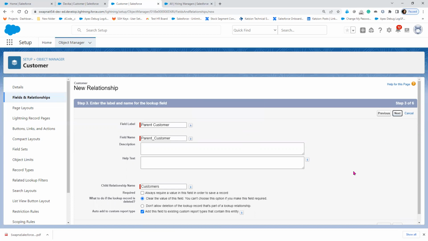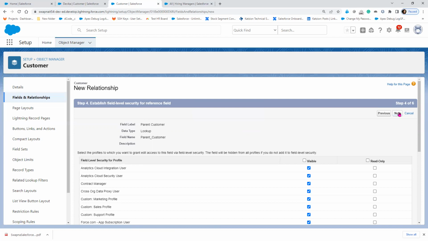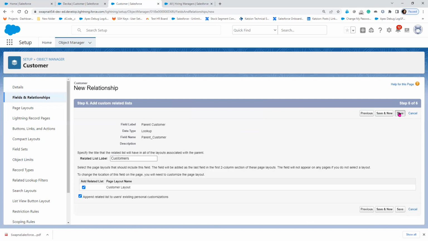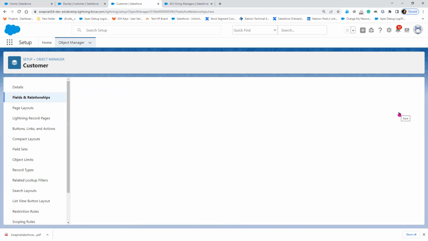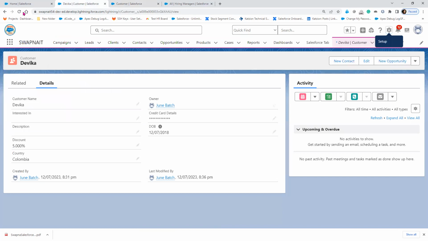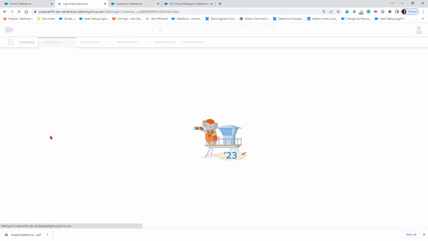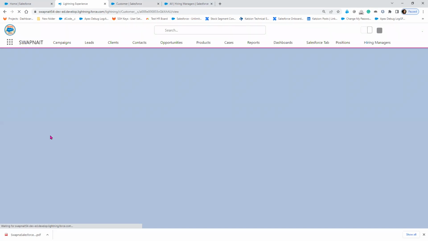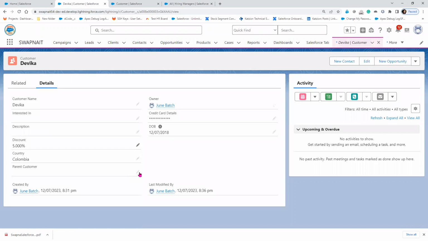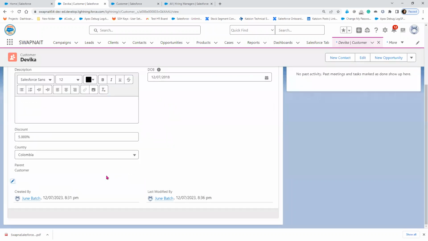Now click on next, click on the next button, and then save. Now, if I go to the customer record, I'll be able to see the parent customer, which is a self-lookup. Now, if I click on this parent customer,